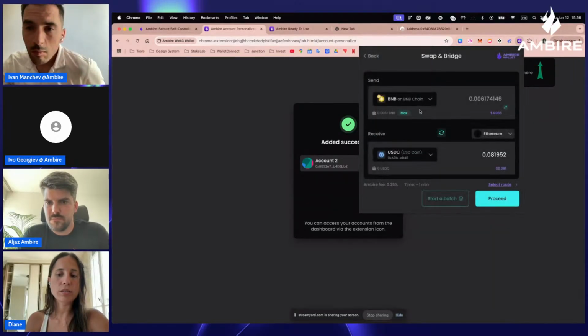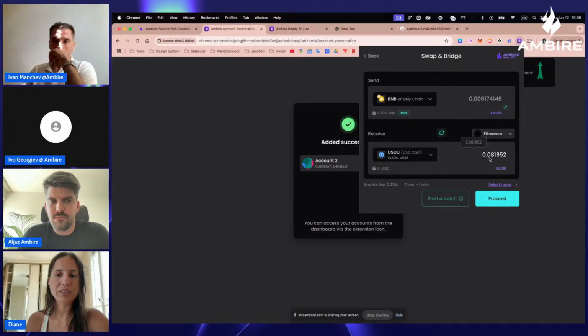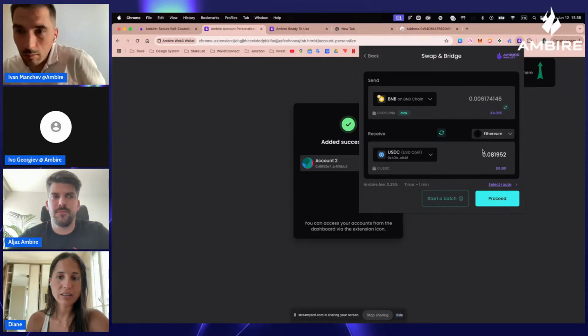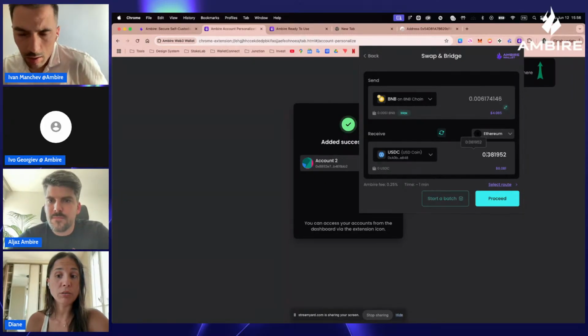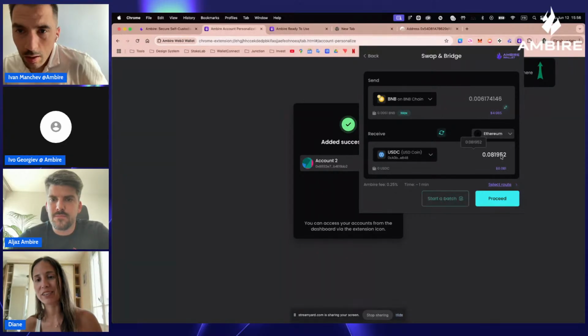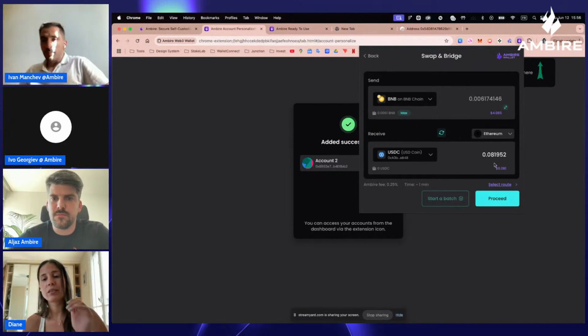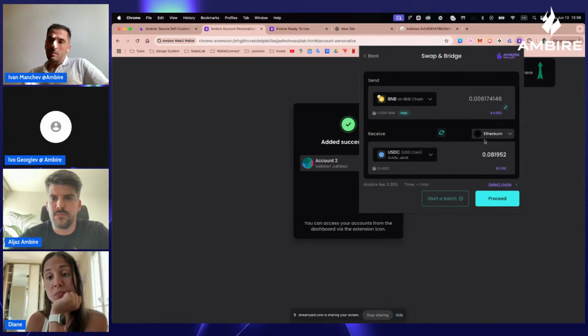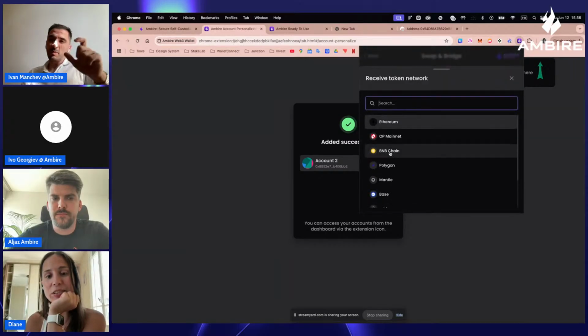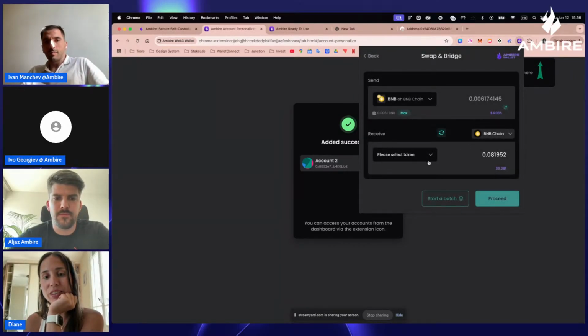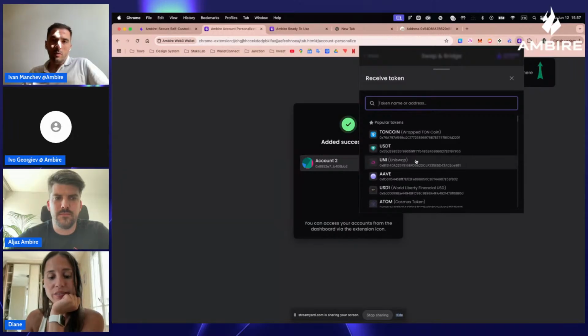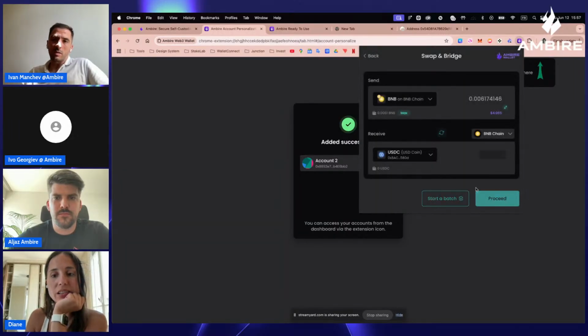Okay. So the only route that is working will swap me a lot less. So I can do my swap, but I will lose some. I mean, it's $4, but I just show that there is a lot of fees. But I think it's normal. Well, perhaps because it's Ethereum. Perhaps the bridging won't be that expensive, but then you have to swap on Ethereum, and this will probably incur some costs.